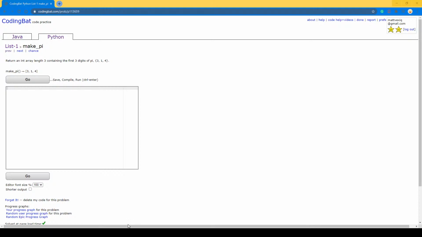Alright, so that was make pi. As you can see, that was a much simpler question, right? That is taking advantage of being able to define your own array without any preset conditions. So that is also very important practice, although this was a simpler practice of it. I want you guys to make sure you understand it,